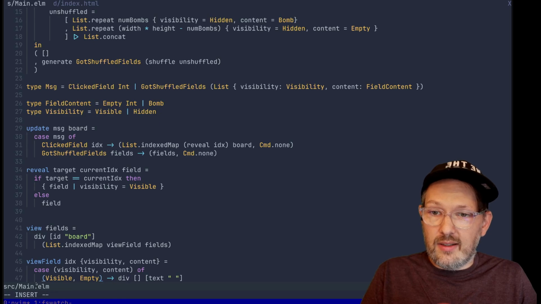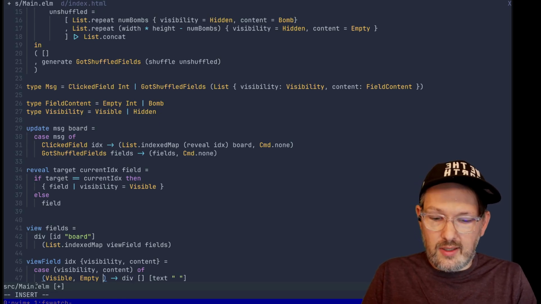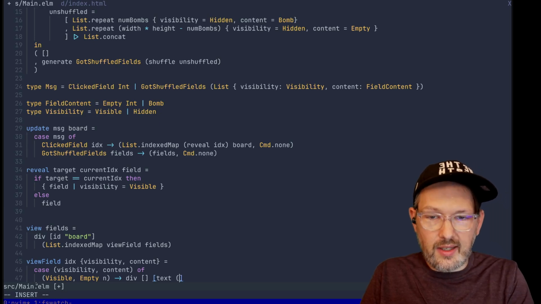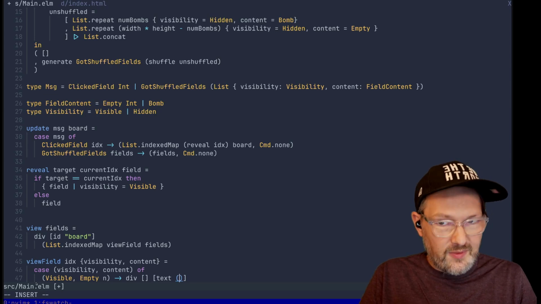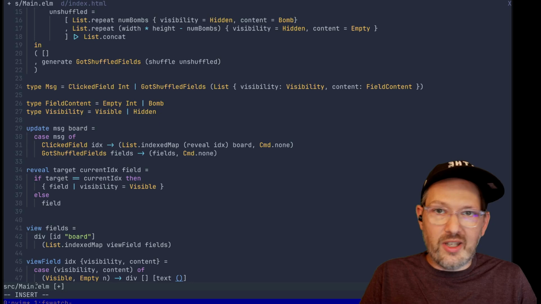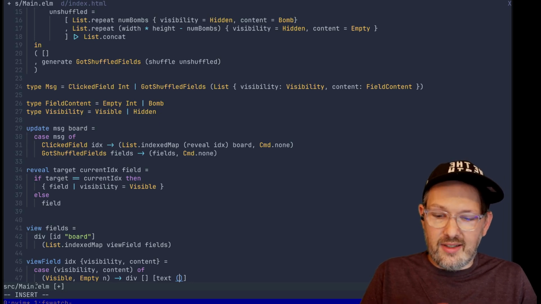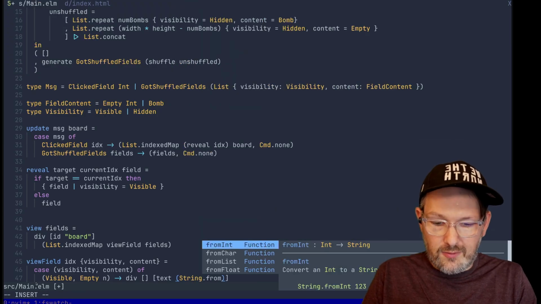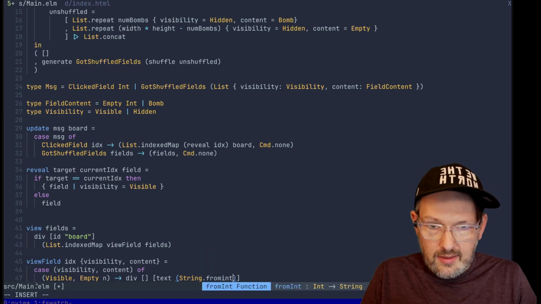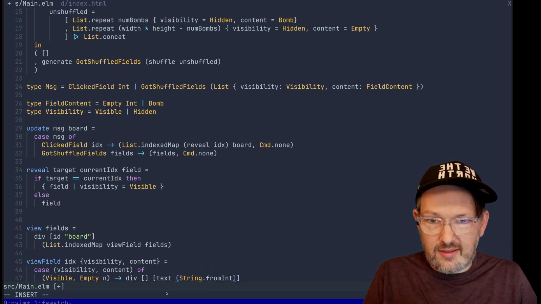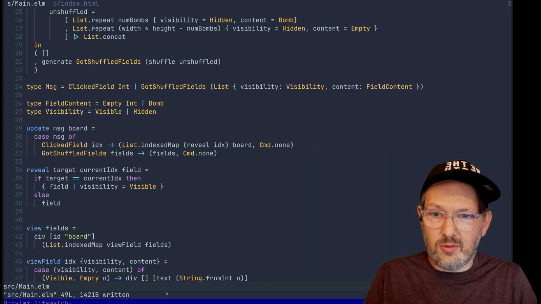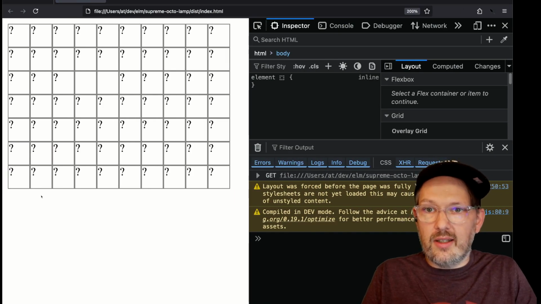Here, if it's empty and we have an n, then we just render this number. Everything is strictly typed and there's no weird automatic conversion or auto boxing, so we have to be very explicit. We say String.fromInt, a function that turns an int into a string, and the text node in HTML wants to have a string, of course, so we turn this number into a string. So if we uncover,